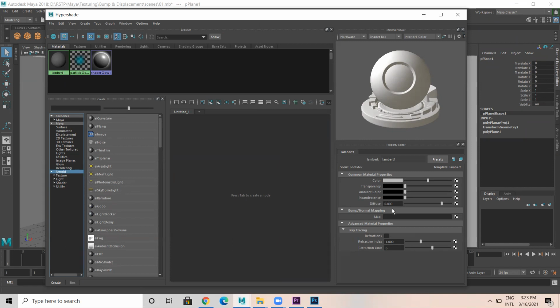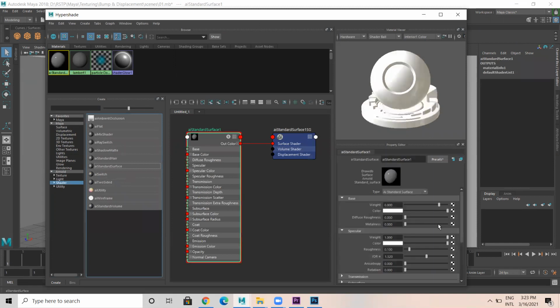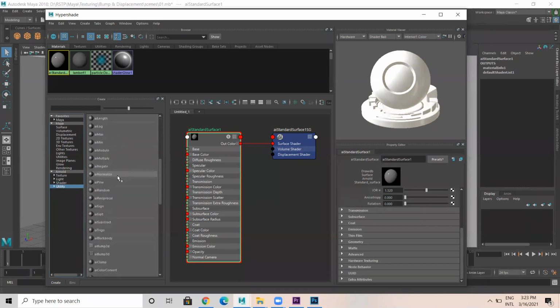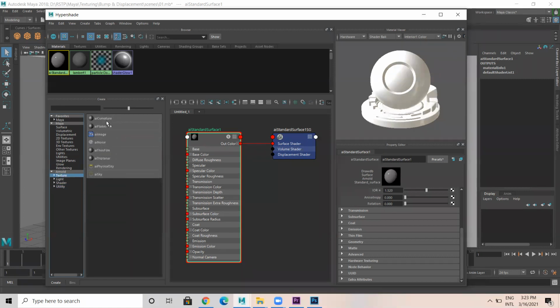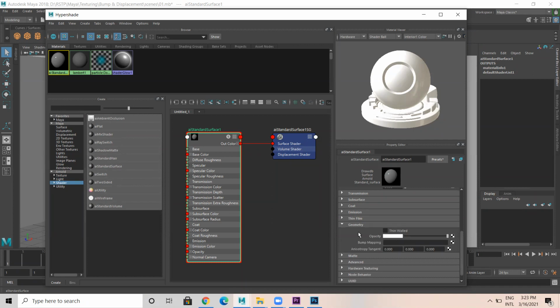Do we have Lambert shader, AI Standard? Okay, I'm just selecting Arnold.